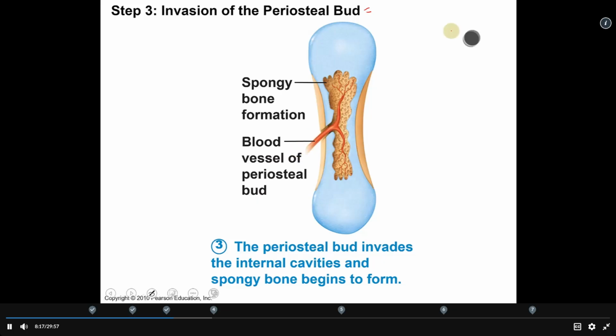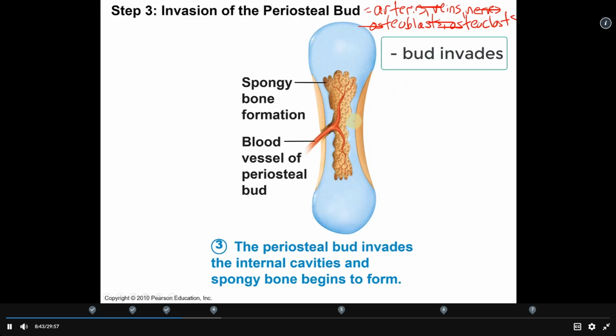So the periosteal bud includes arteries, like the one you see in this picture, veins, nerves, osteoblasts, and osteoclasts. These all make up part of the periosteal bud. And so remember, you've got a cavity now in the middle, and this bud invades, and it brings with it osteoclasts,